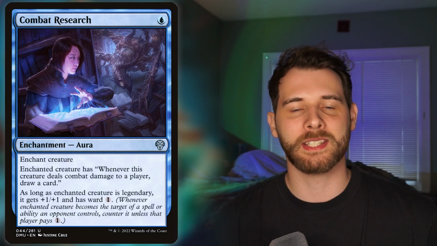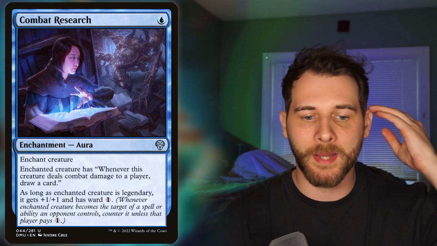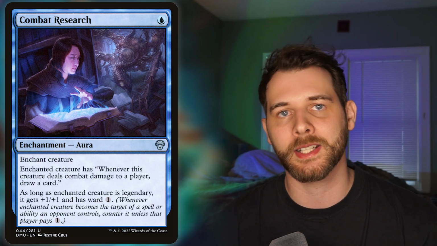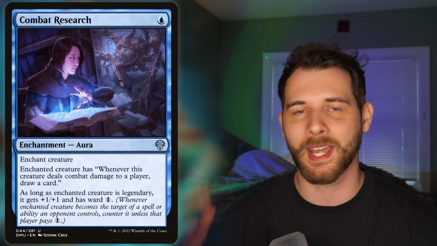Combat Research is a 1 mana aura that has enchant creature, and whenever it deals combat damage to a player, draw a card, like we just talked about. But also the enchanted creature, if it's legendary, gets +1/+1 and ward 1. Little bit more protection and a little bit of a boost if you already have all of these ways to